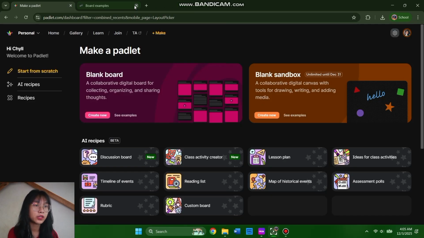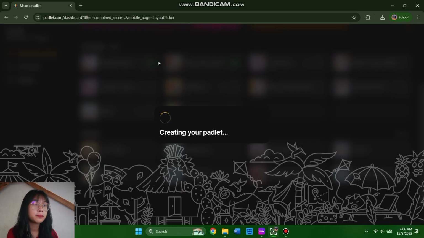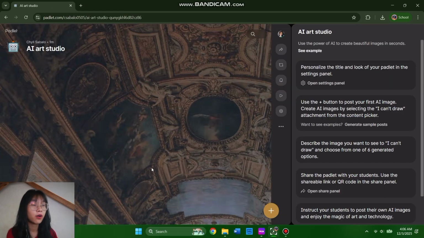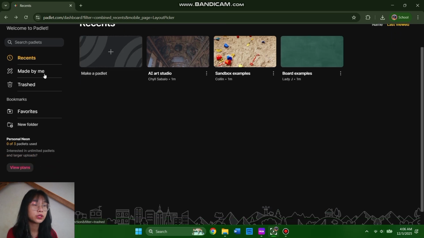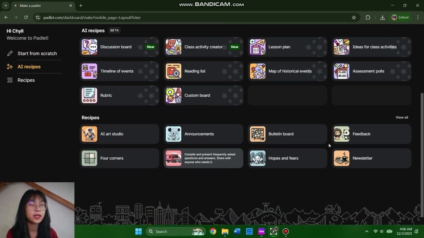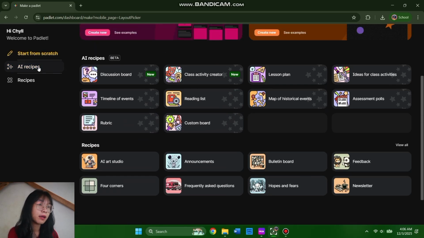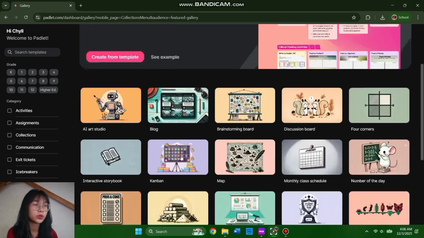Now in the recipes section, you can see we have here the AI Art Studio, a template specifically designed for AI-driven art projects, and it allows you to organize and display creative works. We also have here the canvas. A general purpose of this is to create and share your visual projects and collaborative ideas. We also have here the daily schedule, a structured template which manages and plans your daily tasks or activities. Next is the journal, and this template allows you to create a personal digital journal or diary.